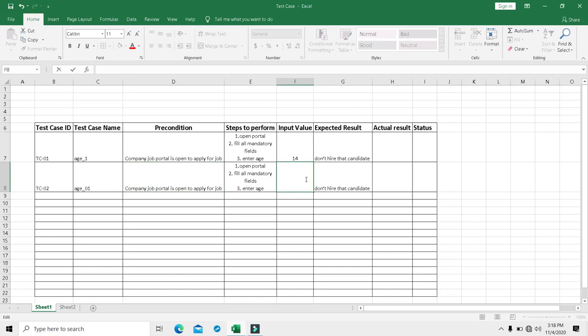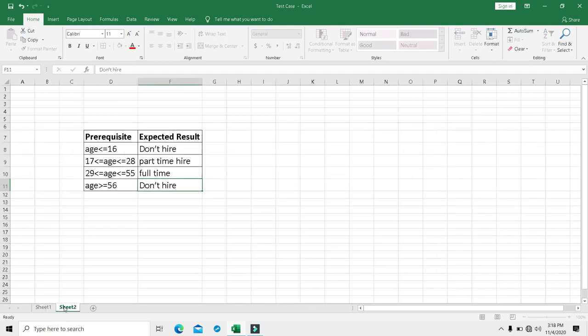So my input value now is 59. So I am expecting the same expected result: if his age is greater than 56, then don't hire such a candidate.